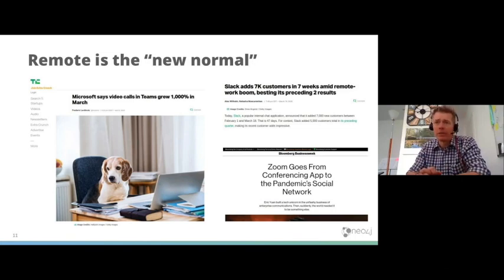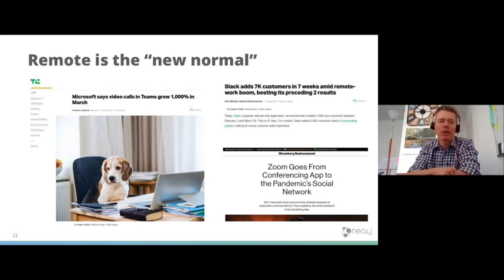One of the topics I struggle with these days is how do I get my kids on all these school platforms and get them connected to their teachers? I feel like I've turned into some tech support group for my own household sometimes. But remote work has become the new normal for everybody. You can read that in the news. You can notice that on the stock exchange. Some of the companies that enable remote working have become so much more popular and have gained a lot of market space and a lot of attention.